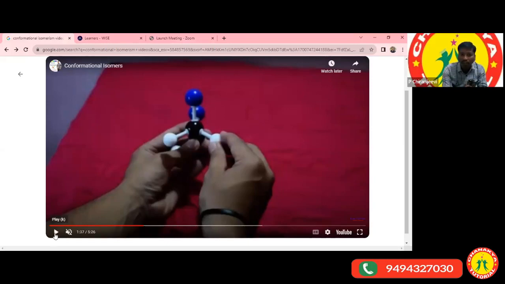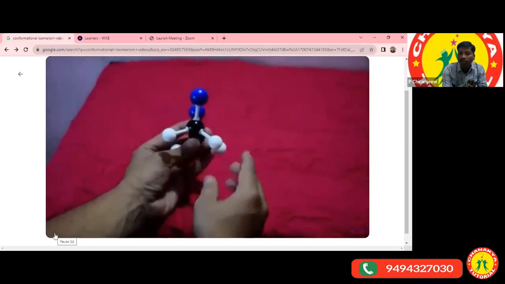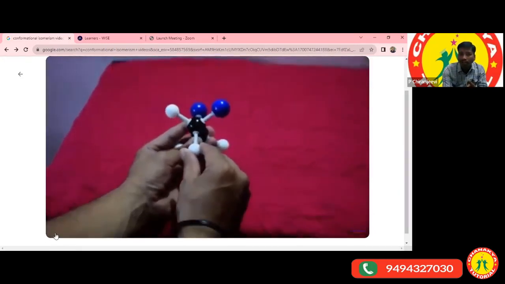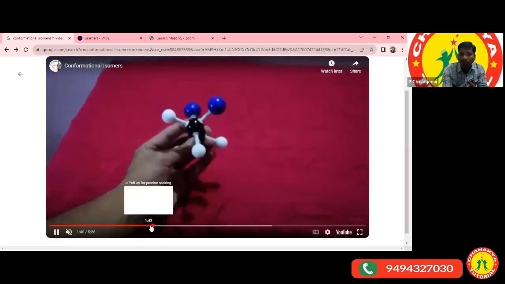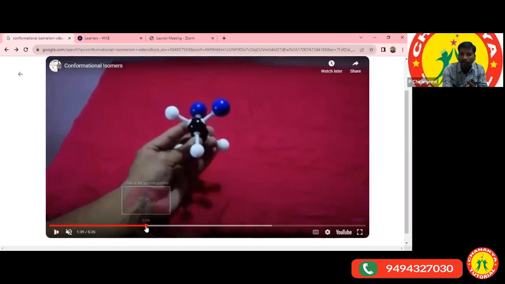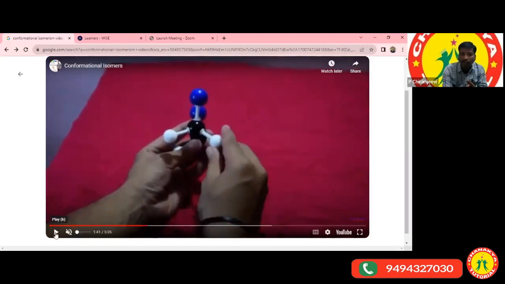Now let us see. Actually, this is the alkane they had taken, ethane. It is a three-dimensional structure. Three-dimensional structures cannot be represented on the plane of the paper. If you observe, there are two carbon atoms. First, we can consider the first one and the fourth one. Now let us see this. There are two black carbons here; we are considering the black color as carbon.